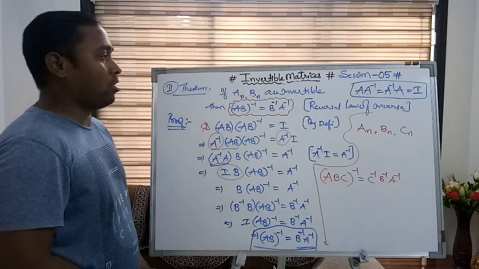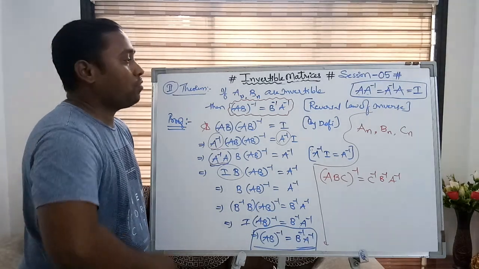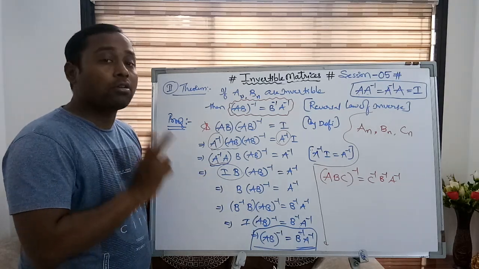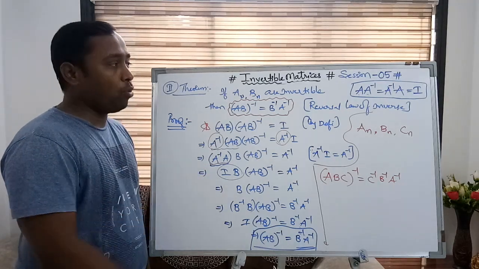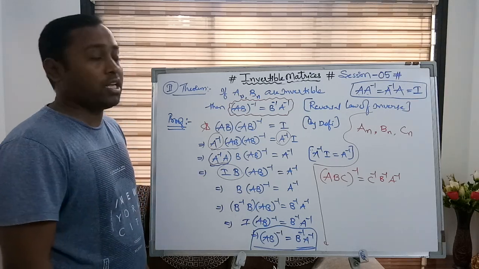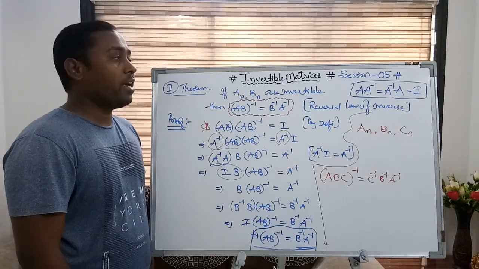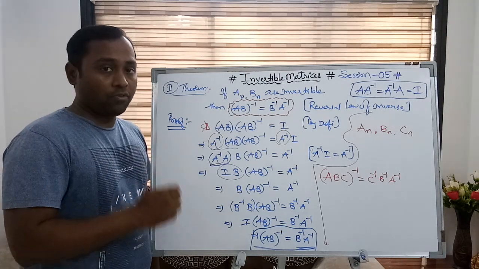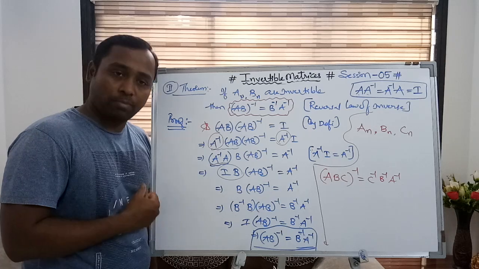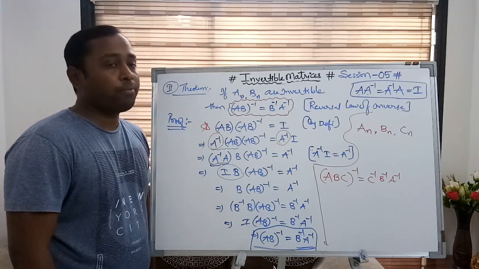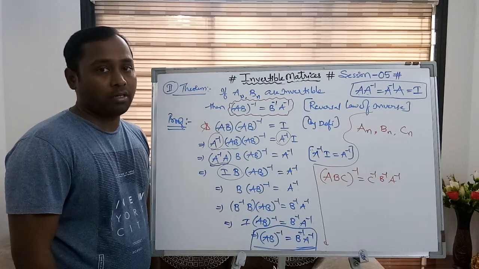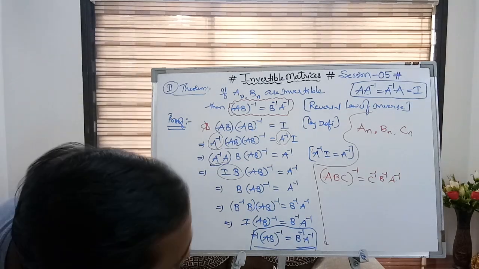So this is the theory, you can say here. We started with the definition. We also derived the two theorems here. Now we are moving to the elementary transformation method, where we are going to find the inverse of the square matrix. We are discussing inverse. So what does inverse mean here, and how we can find the inverse of a square matrix? How many methods are available? Right now, let's see.